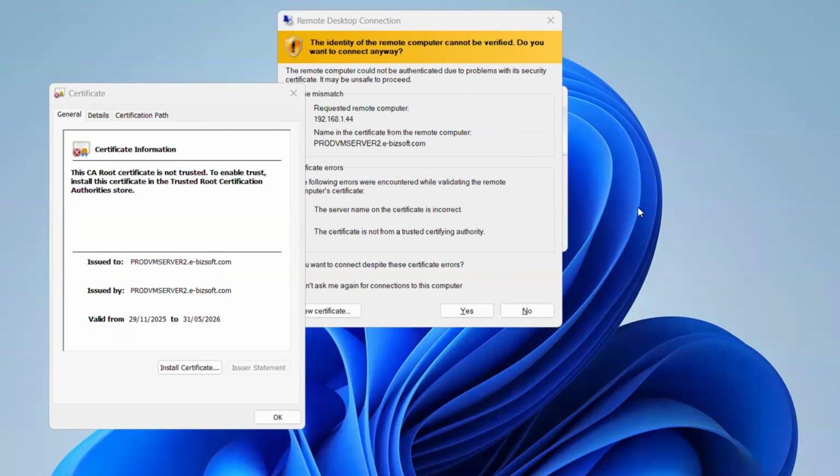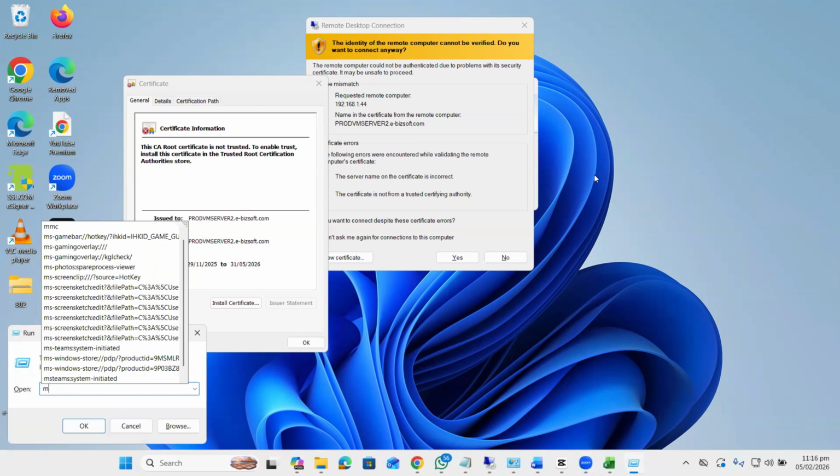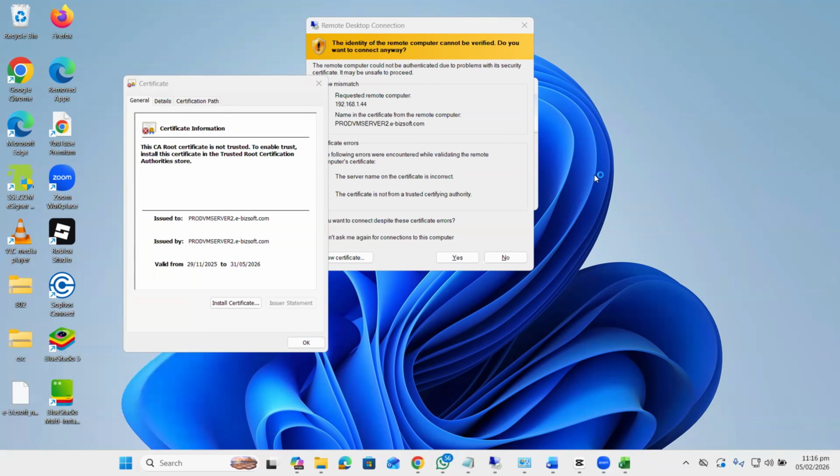Now, here we go. You can see that when I'm trying to connect to the remote server machine, the certificate is available. And when I click on the details of this certificate, it's showing me the error that the CA root certificate is not trusted, which means that whenever I'm trying to get detailed information about these certificates,